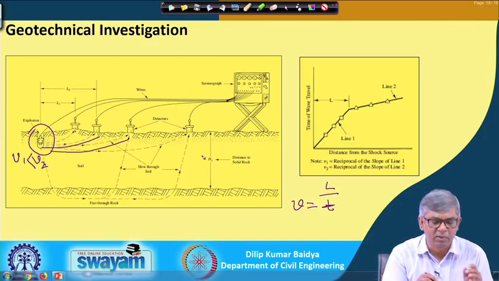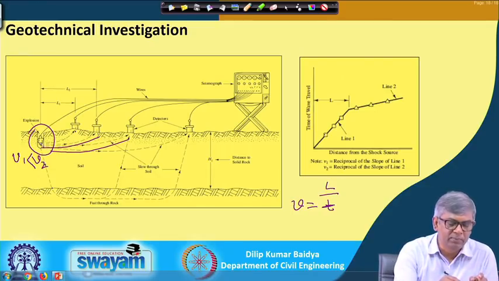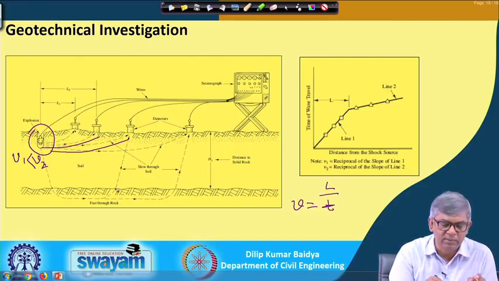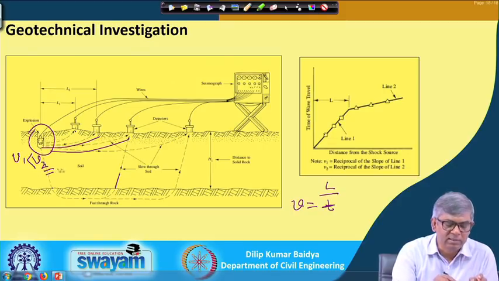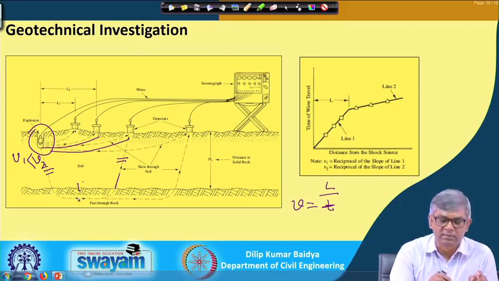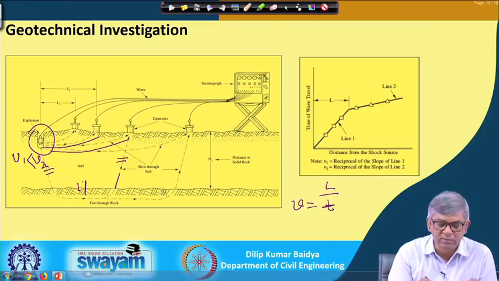Why is it so? Because you can see when the waves are coming from here to here, then traveling this way and then reflecting here, there are three parts. This and this one part is traveling with the first material, and this is actually traveling with the second material. Similarly, if it goes from here and then moves this way and then this way, you can see this and this part again traveling through the first material and this part is traveling through the second material. Now, this and this and this and this are the same.